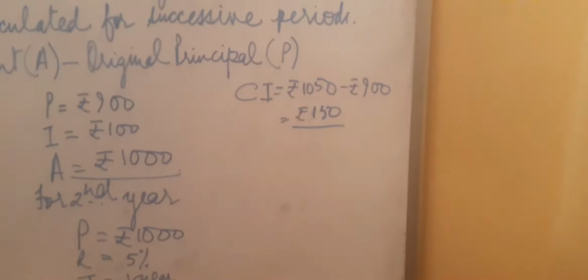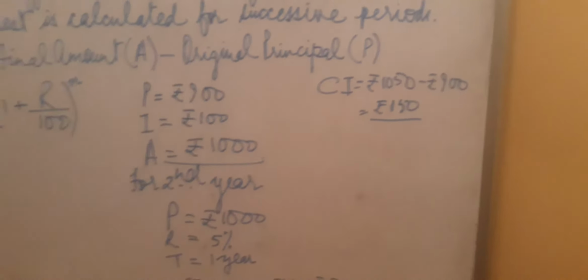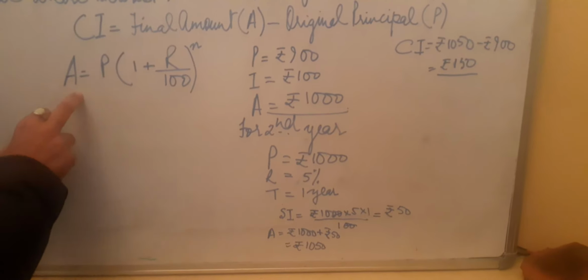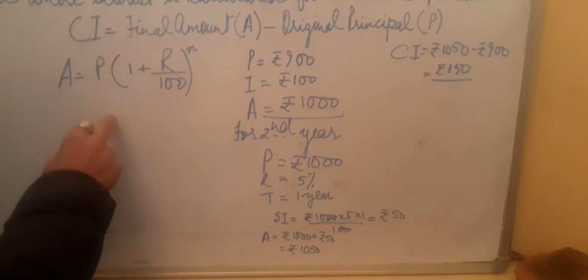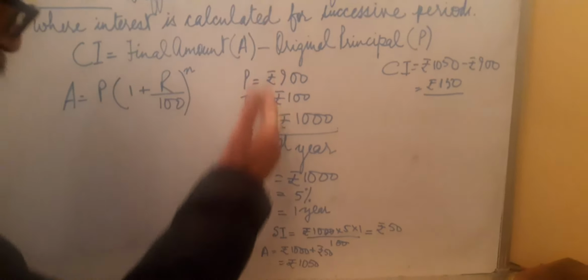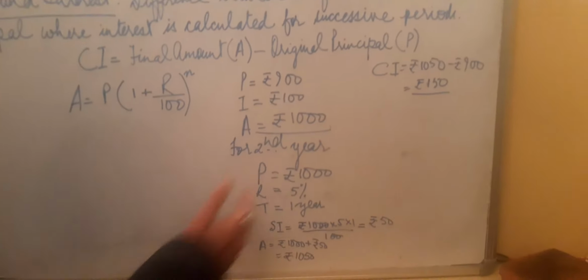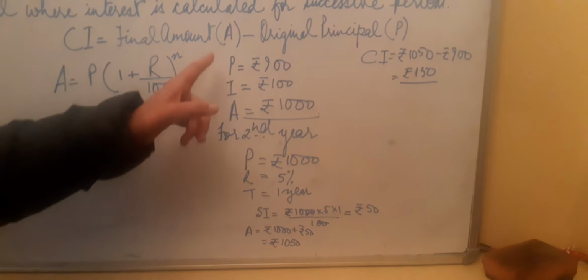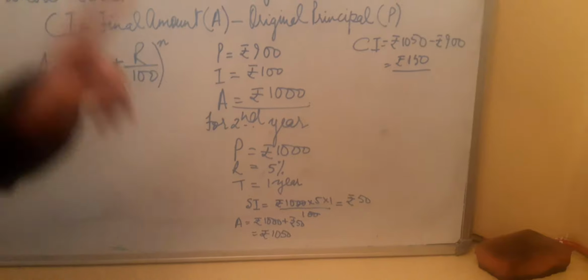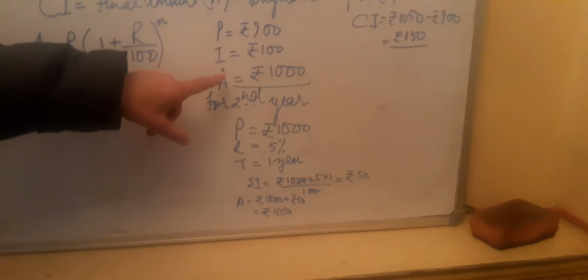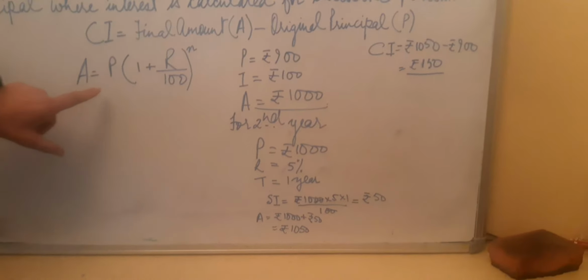This is compound interest, and the formula for finding the compound interest is A is equal to P multiplied by (1 + R/100) raised to the power of N. Now, if we use the same method and the number of successive years keeps on increasing, it becomes a tedious task to calculate the compound interest, because we have to calculate simple interest for every year. So for making your calculation easier, we use the formula A is equal to P into (1 + R/100)